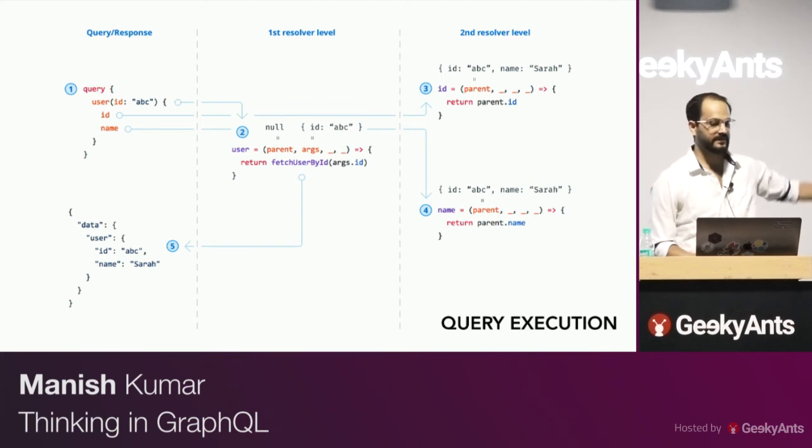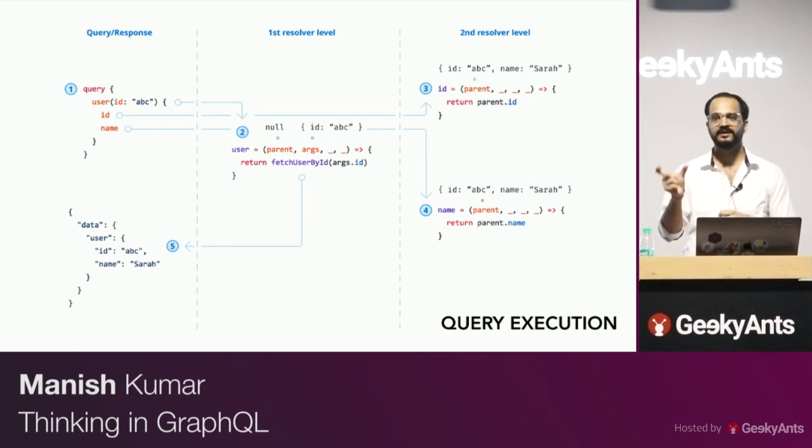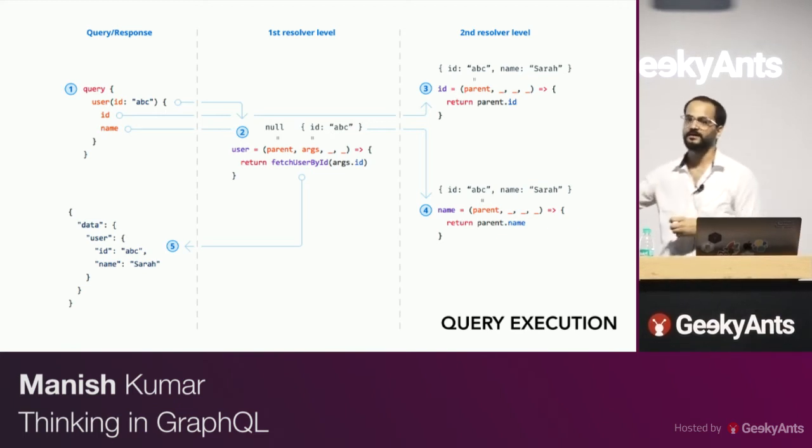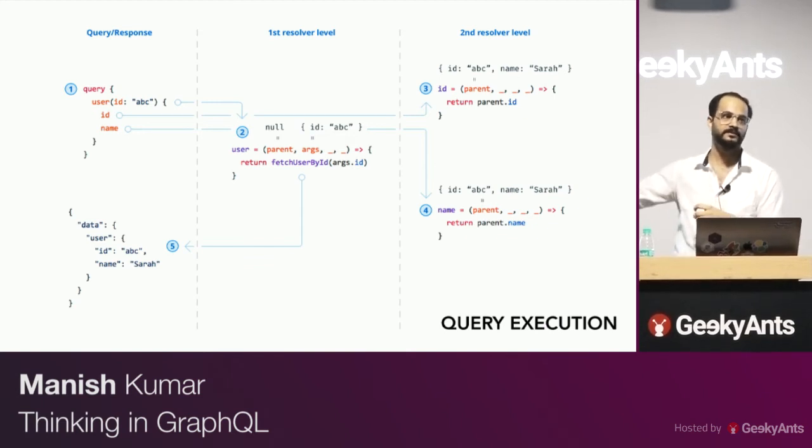Like in this example, ID and name was asked, right? You can get that value in the fourth parameter of your resolver, which is the info. It will tell you what was exactly asked. So you can write a variable database query saying select variable 1, variable 2 from database and return me that, right? So the implementation control is still in your hands.